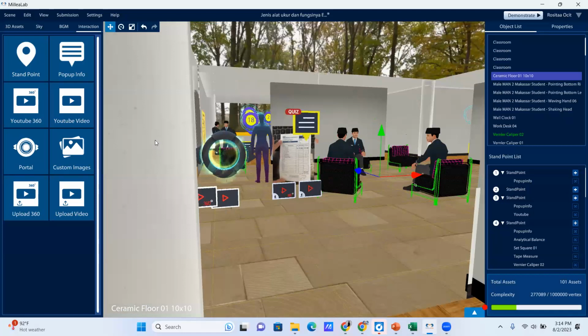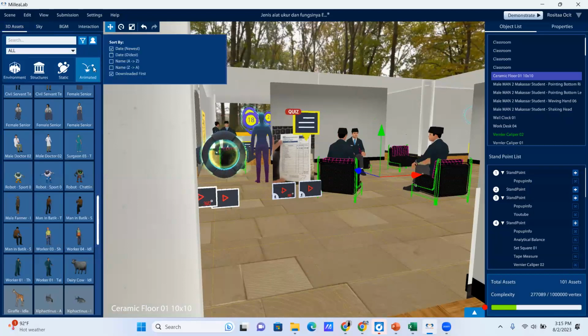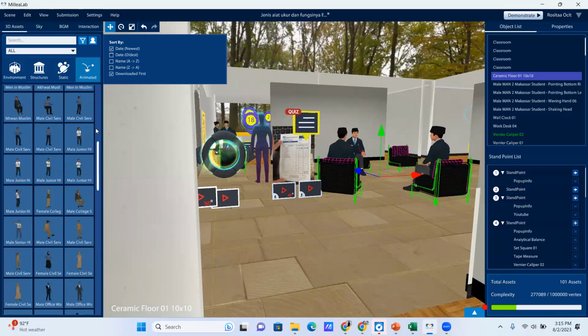Next, 3D asset filter. It serves to make it easier to find 3D assets based on newest, oldest, and also alphabetically. If you click the filter sorting button, then an option will appear to filter assets. For example,